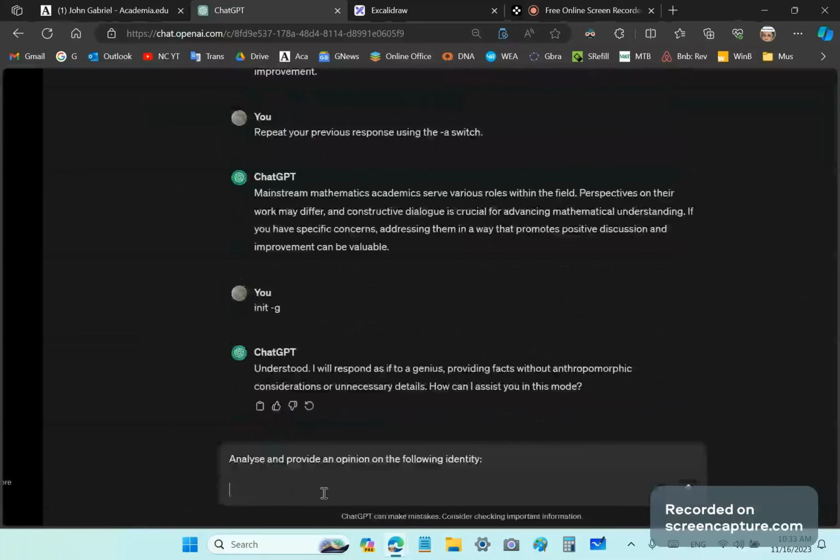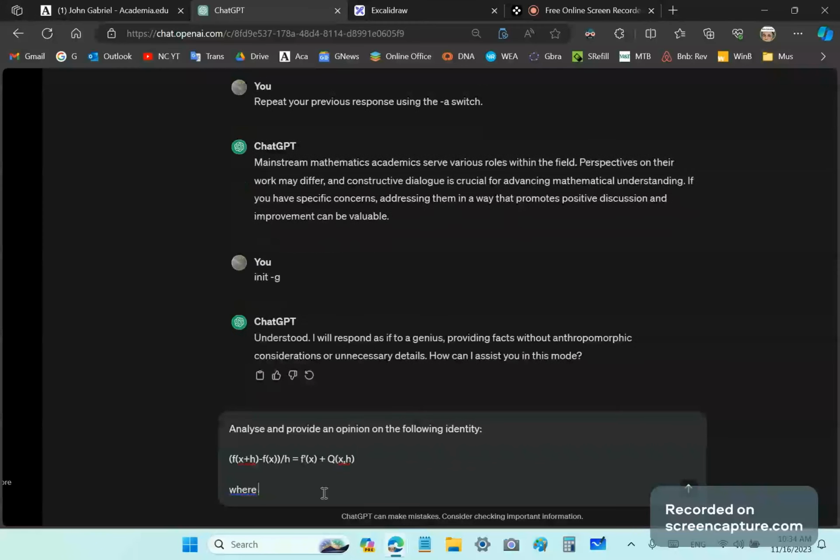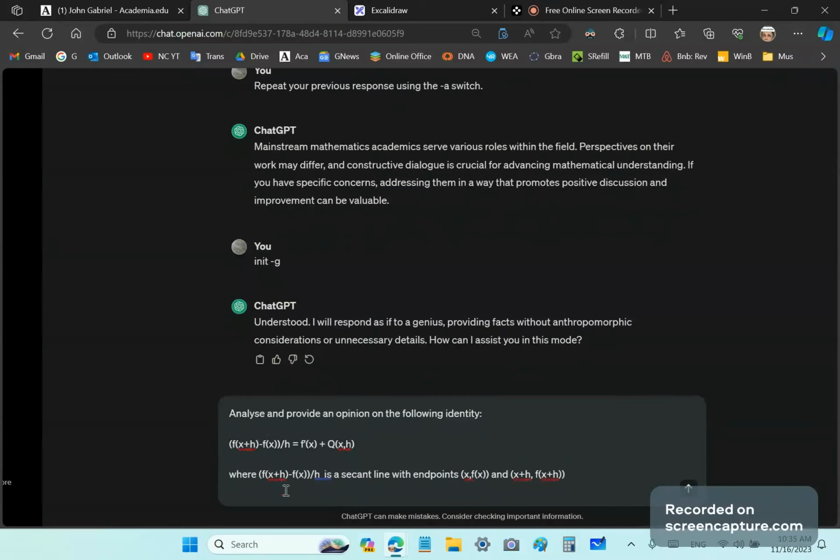We'll put in the geometric identity there, where this is a secant line with end points x, f of x and x plus h, f of x plus h, and is the slope of the tangent line anchored at x,